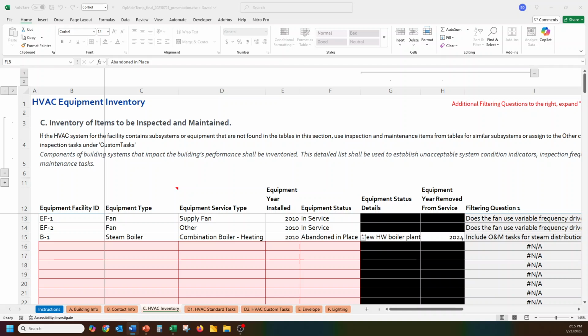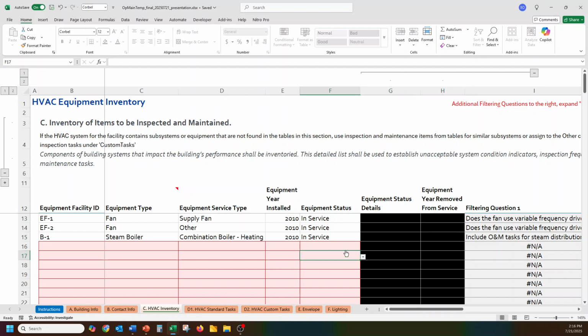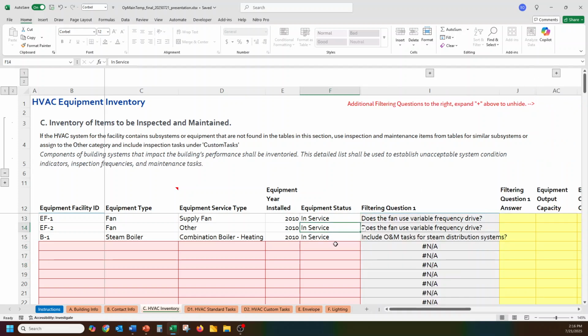And what's next here? So I'm going to go ahead and change this back to in service for now. Then we'll clear this out. And let's hide this again, just because this is an example, setting this up for the first time. And I'm going to go to the right here and show you the additional columns here. And